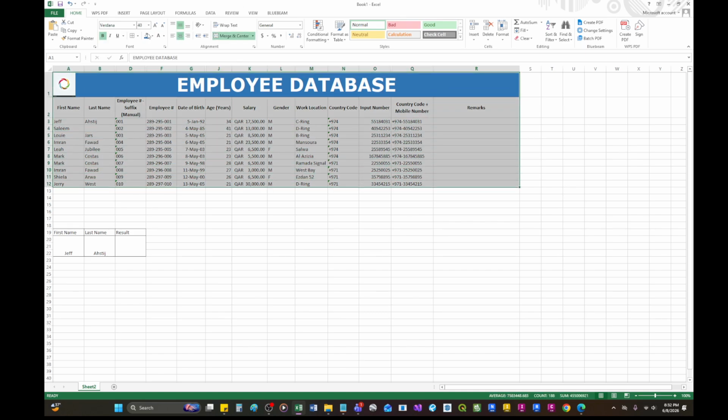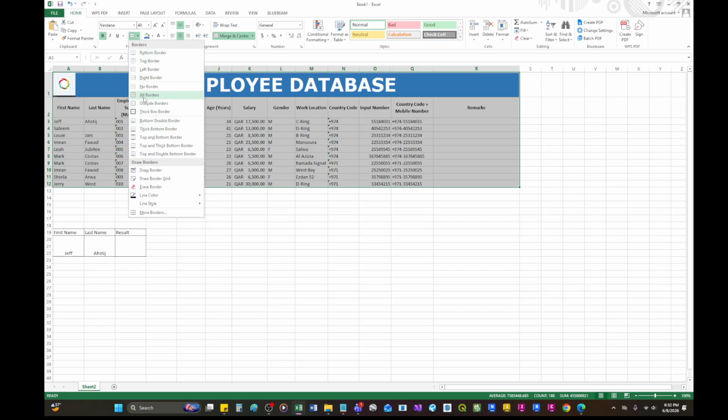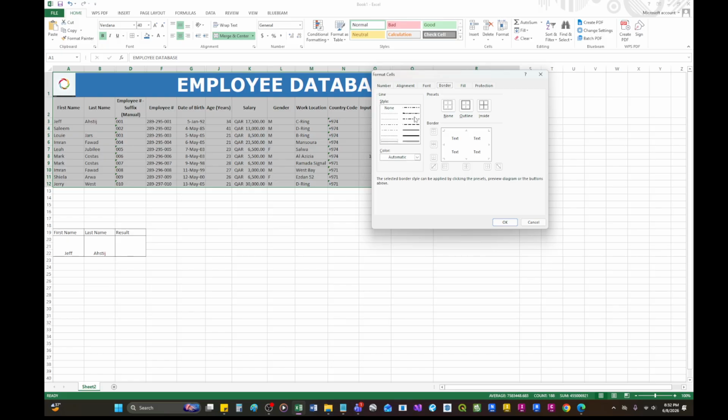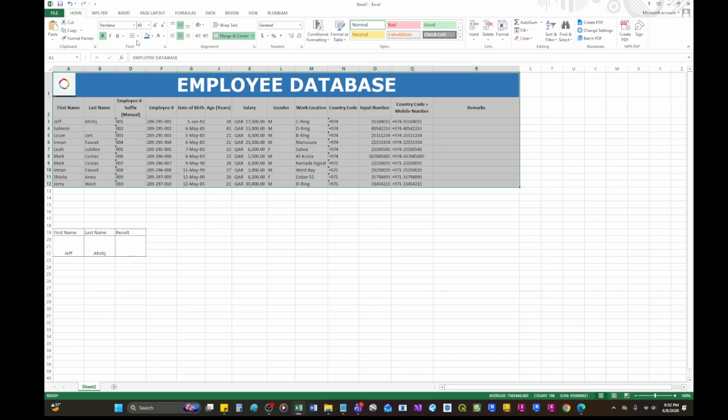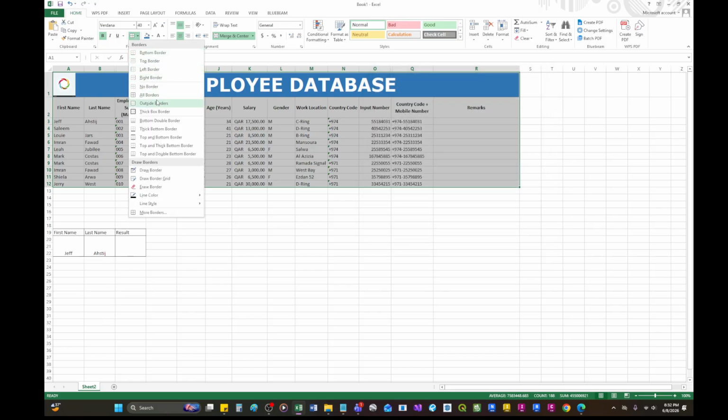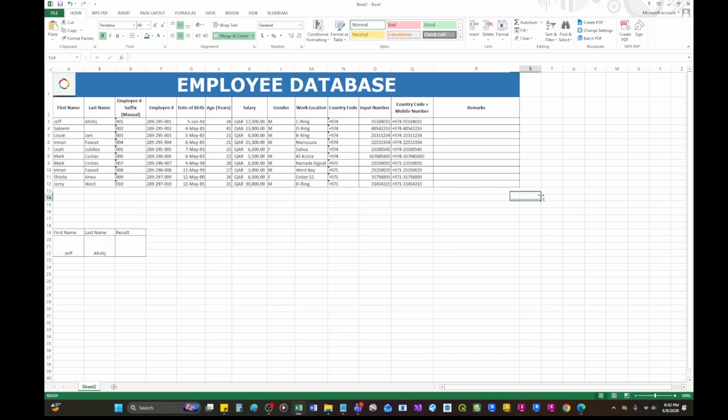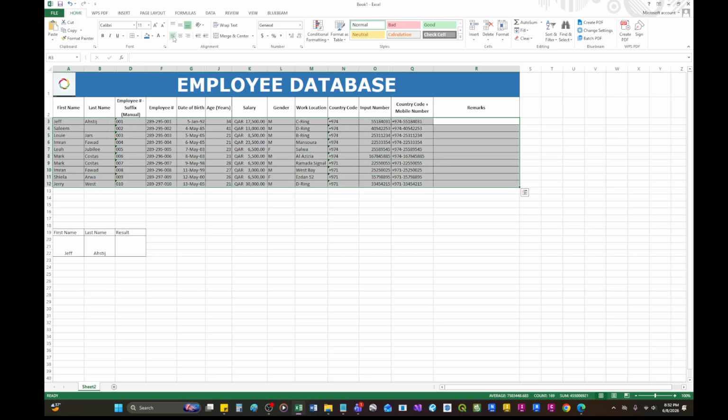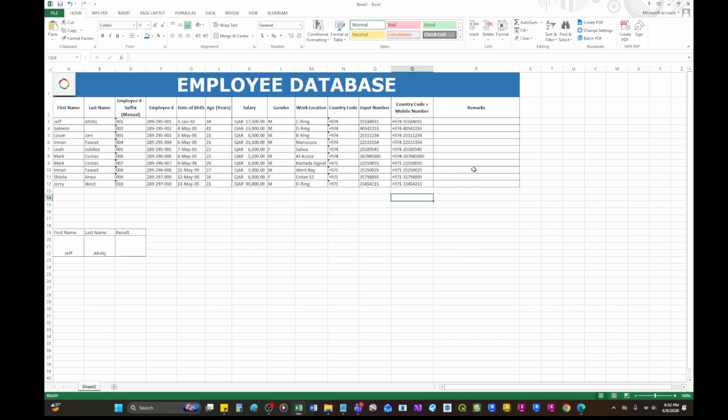So let's do that. Go here and just click all borders. If you would like to customize the width of the borders, you can go here. Later we will do this one. For the meantime, let's just click what is readily available for the thin borders. So it will be like that. And the data here, we would like to put on the left side and vertically in the middle. For this one, it should be in the middle. Look, it looks better.